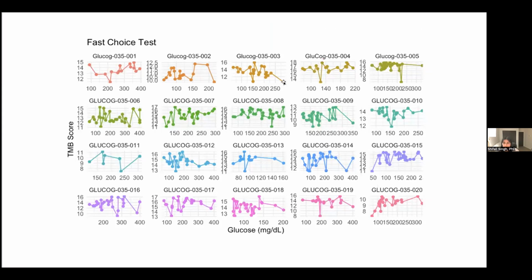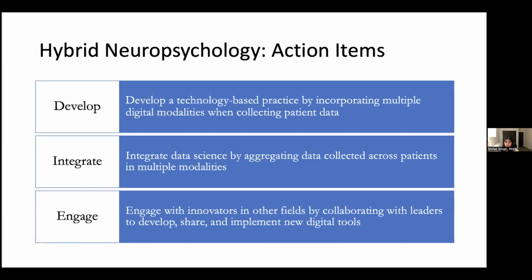And this is an example from our lab where we're looking at glucose monitoring. We're looking at glucose levels, and we're looking at specific cognitive tests that we have and their performance. And the idea behind this is that you can see that there are both intra and inter individual differences that we can monitor over time using EMA. And this shows you that if you aggregate scores, you're missing a lot of nuanced, really rich data. And so like Laura mentioned before me, continuous monitoring is a great way to capture that unique data. And so hybrid neuropsychology promotes 3 action items, which is developing a technology-based practice, integrating data science,